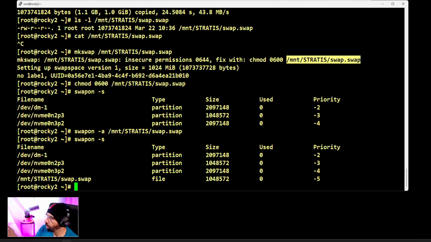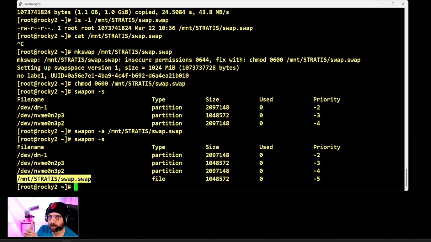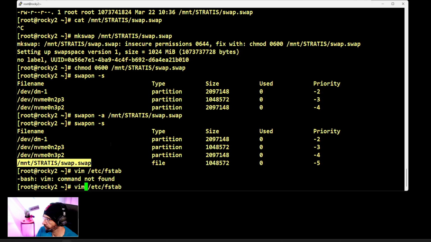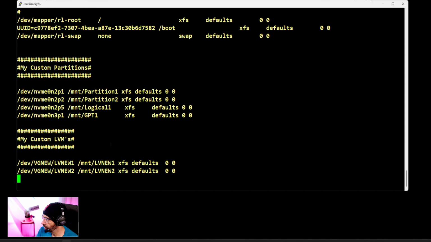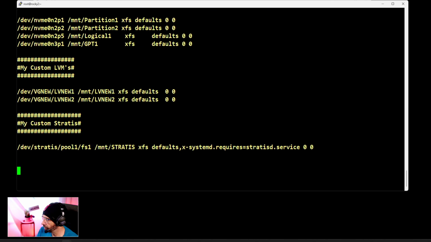Of course, this is not going to survive the reboot. If you want to make this permanent for every reboot, you just need to add it to the fstab. Let me show you how it's done. So /etc/fstab. And do I have my swaps, my custom stuff? Okay, so let's add here